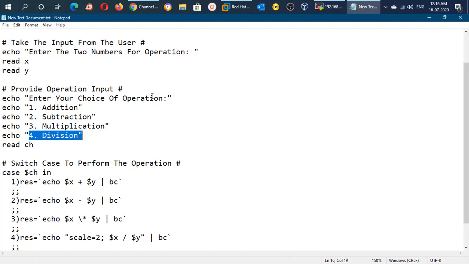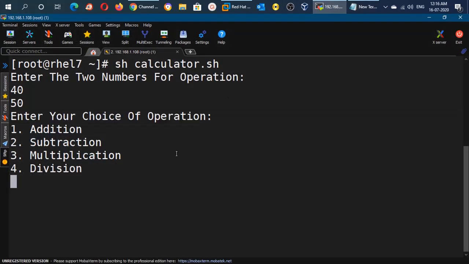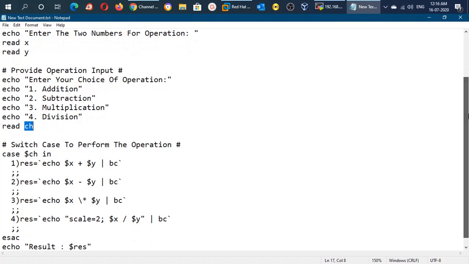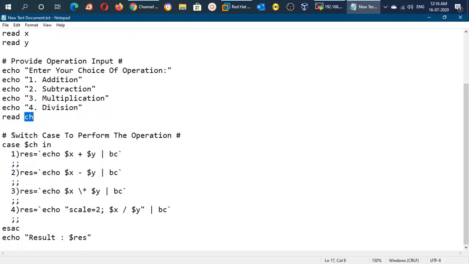So whatever input we provide here, let us suppose for addition we mention 1 here, so this 1 will be stored in this ch variable. So the system will take the input from us and store the value in this. Then the script will use the switch case to perform the operation. Here it already has the inputs from us in this ch